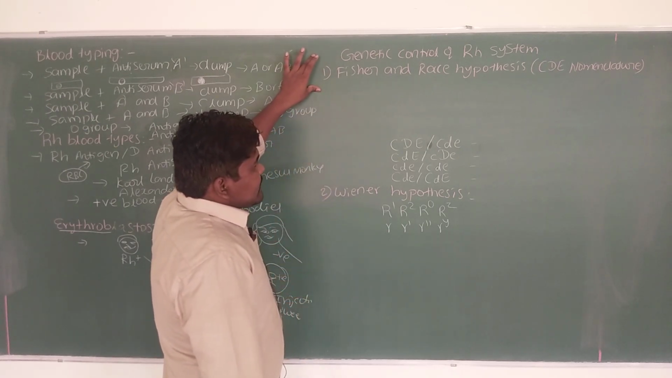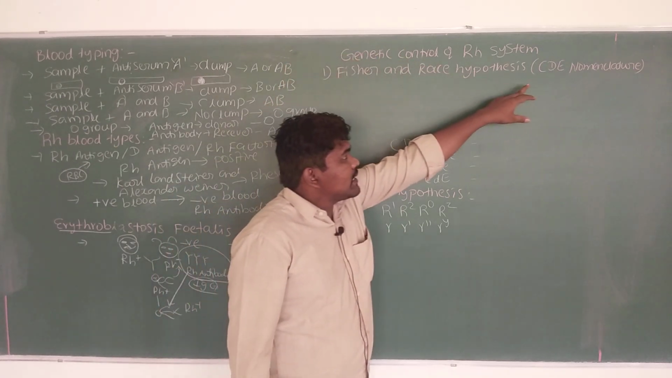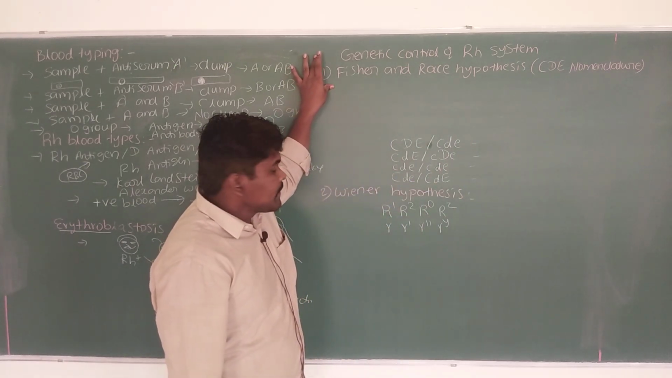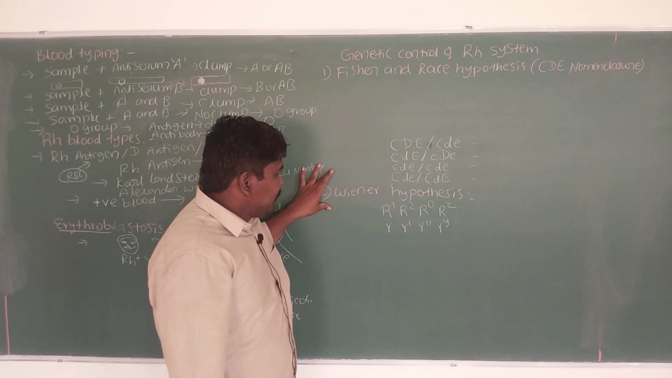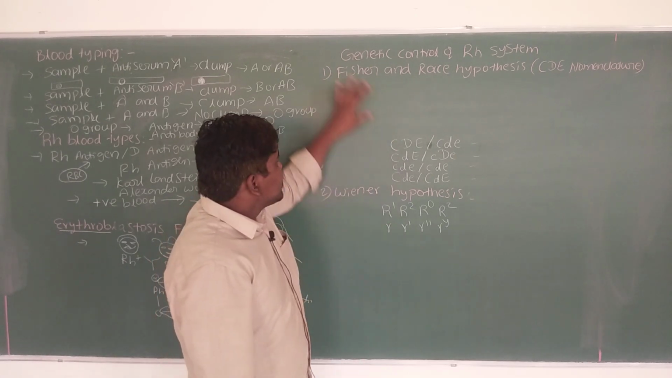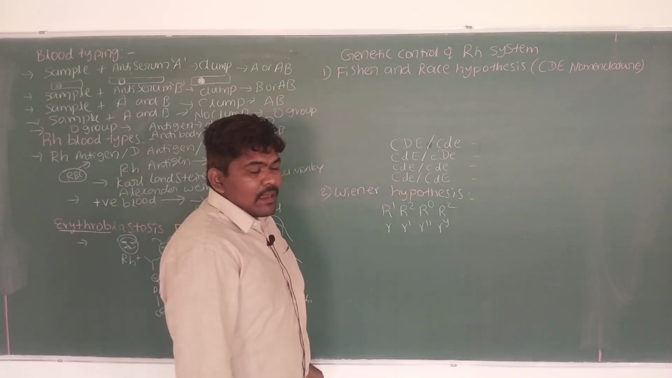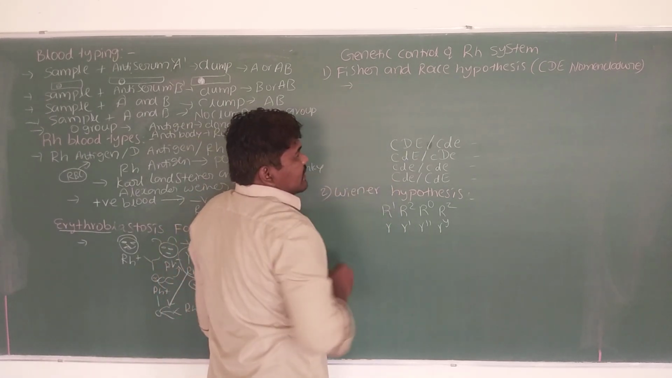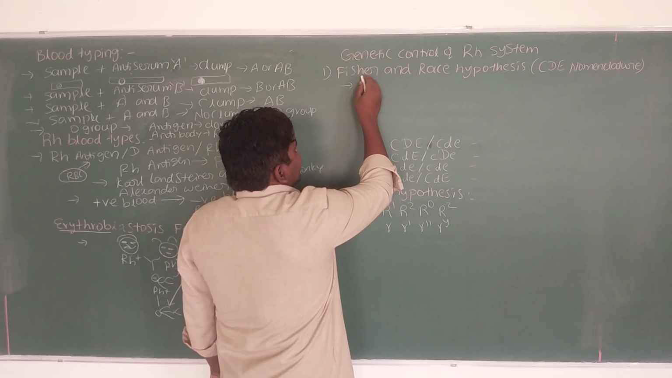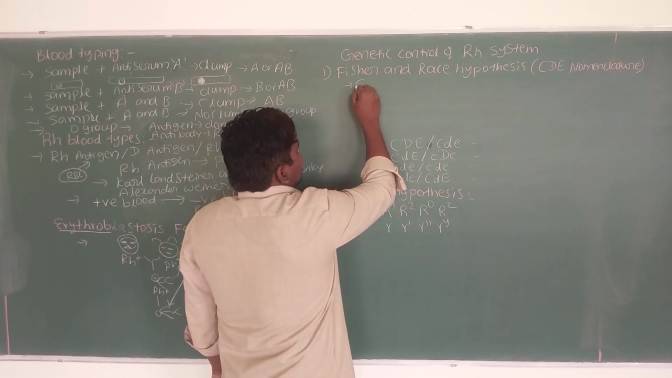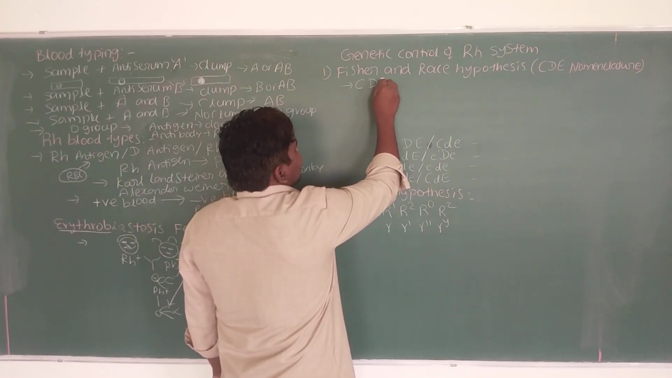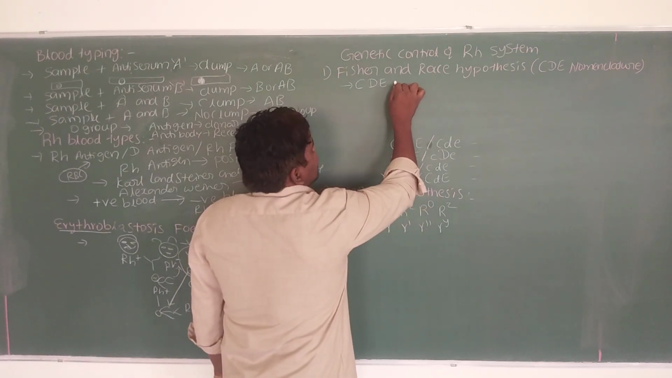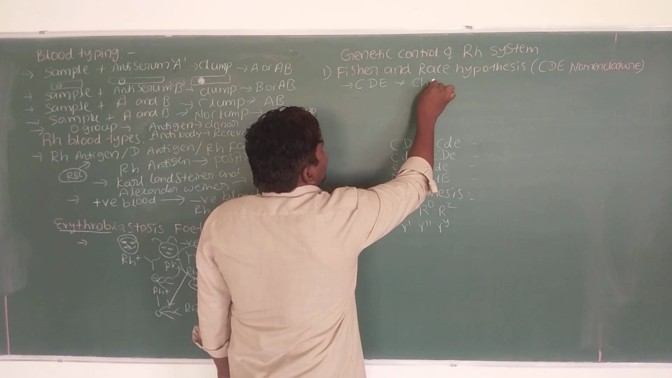Okay, Fisher and Race hypothesis, also called the CDE nomenclature. First we will see about the Fisher and Race hypothesis, after that we will see about the Wiener hypothesis. According to the Fisher and Race hypothesis, there are 3 pairs of alleles, that are C, D, E. C, D, E. Those are present on homologous chromosome